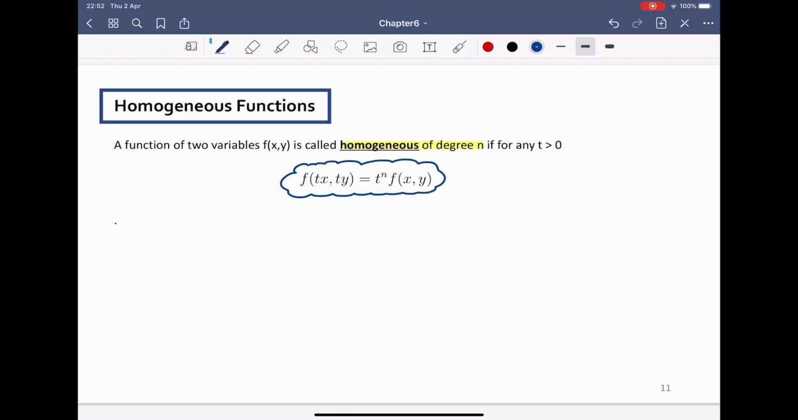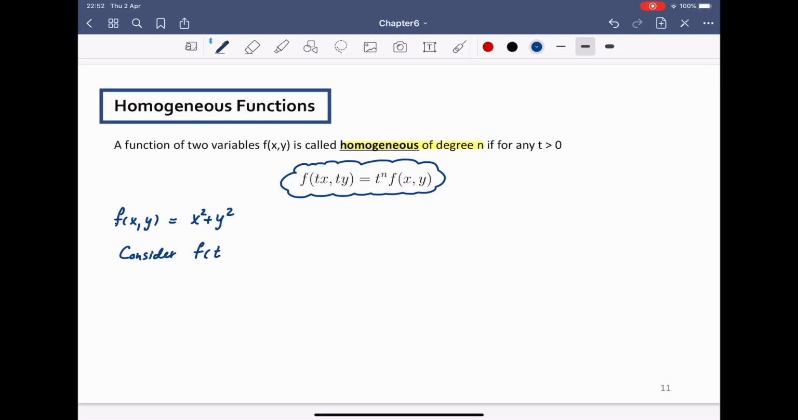It means that in order to check that a function is homogeneous of degree n, you have to verify using this equality. For example, let's say that I have f(x, y) equal to x squared plus y squared. If I want to check whether the function f is homogeneous or not, I have to consider